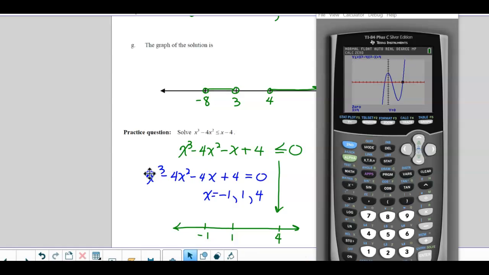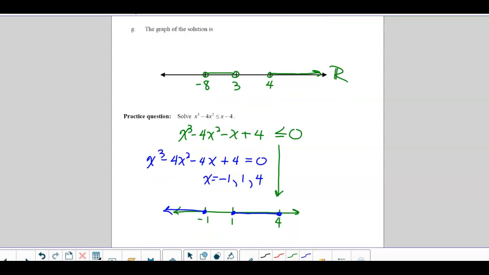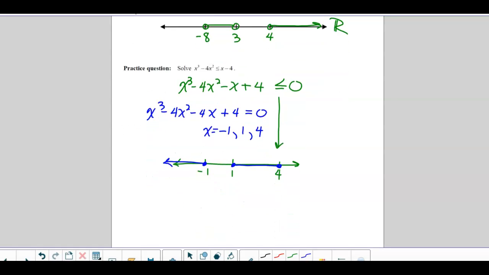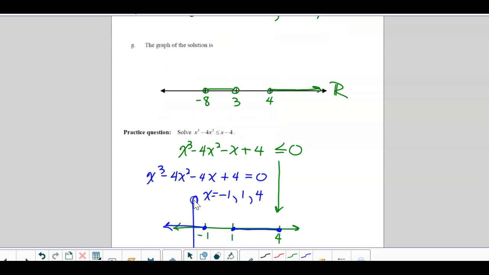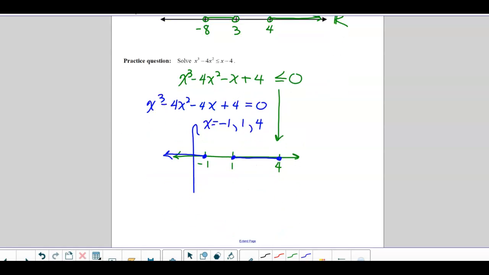So then graphing that, less than or equal to, so it's going to be -1 to the left, and then between 1 and 4. Okay, so then, oh gosh, so then stating that, that would be x less than or equal to -1, then between 1